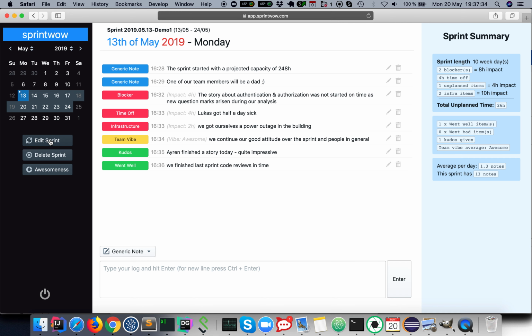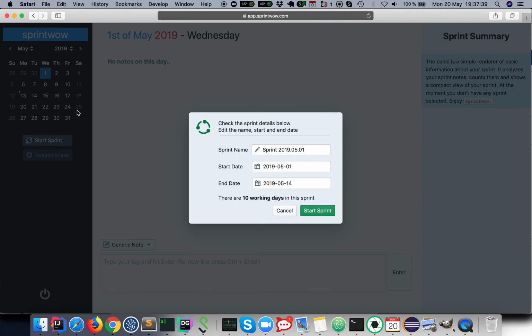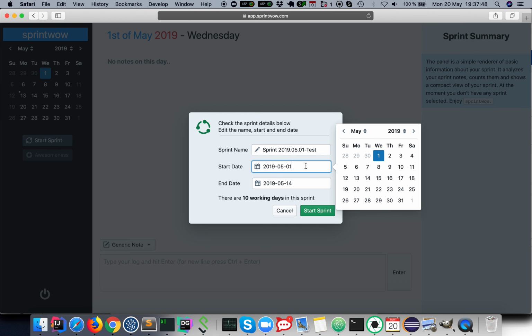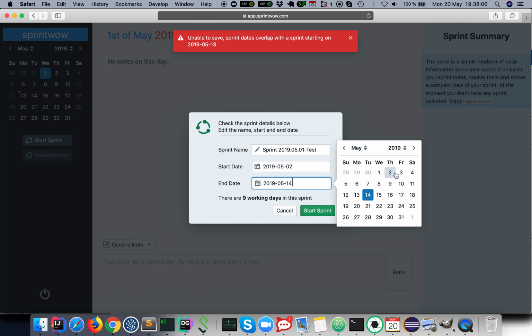You can start the sprint by pushing this button, and you have the sprint name. I can have a test, and you can choose the start date and the end date, and you can see that there are 9 working days in the sprint, and I can start the sprint. And as you can see, I cannot start it because it's overlapping with the sprint started on the 13th. So maybe I'll choose a smaller period